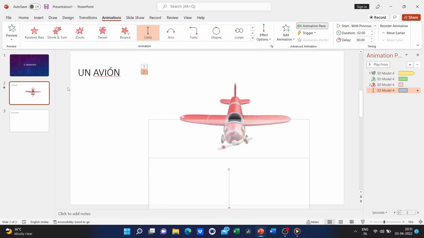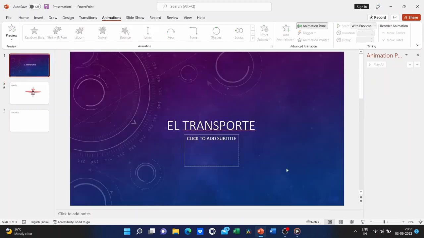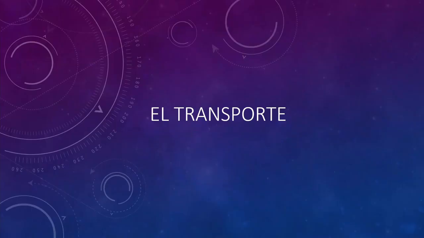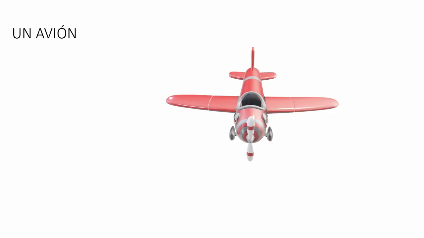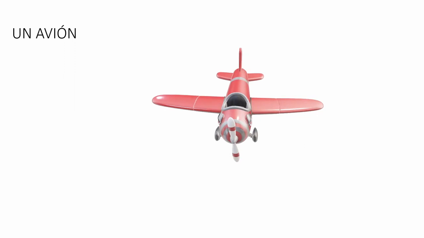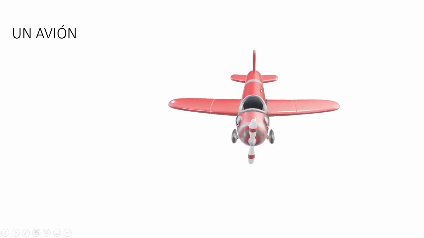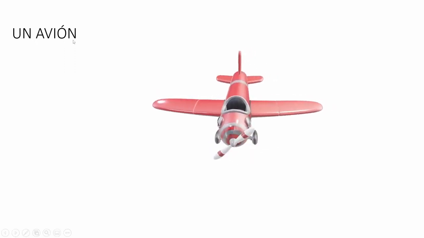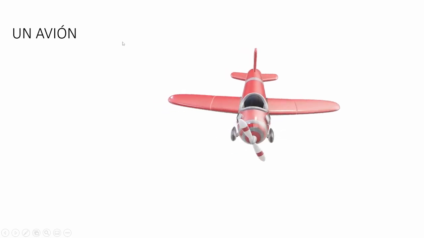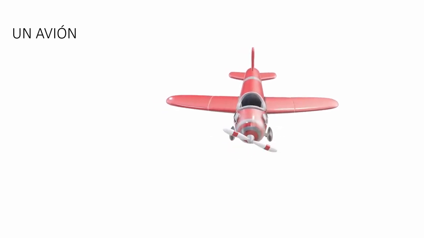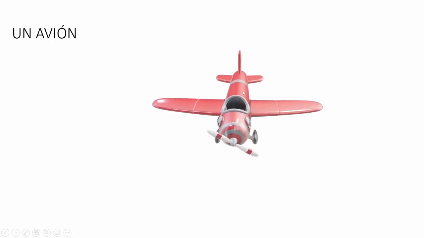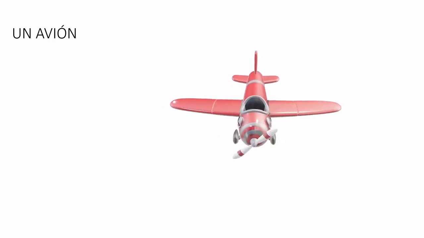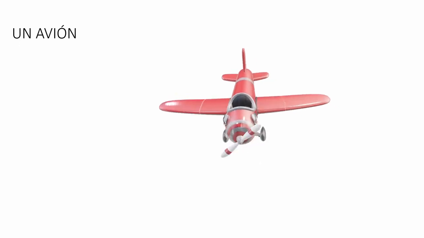I'm going to go back to my title slide and start the presentation. There's slide number 1. I advance to the next slide. Here comes the airplane. As the teacher, I can talk about this. Esto es un avión. So we can discuss it. We can talk about it, think about it, and when I'm ready, I can advance the presentation either by clicking, using a presenter remote, or using the keys on the keyboard. And the airplane flies away.